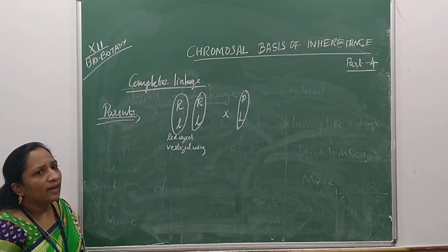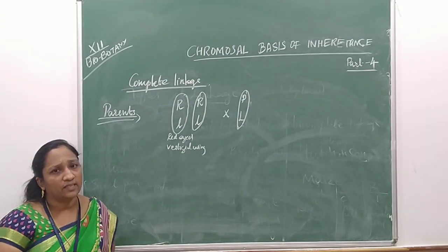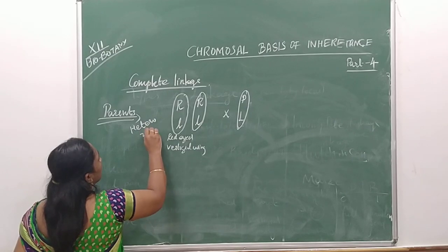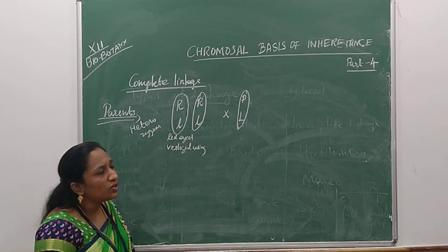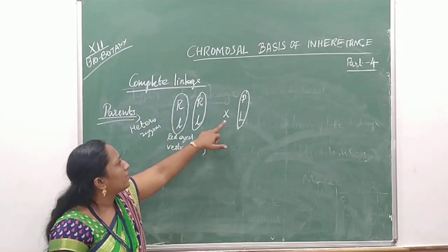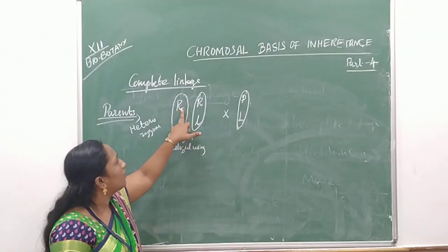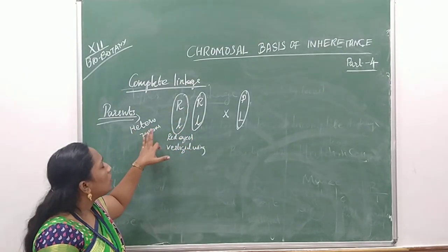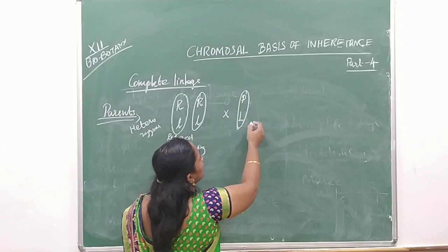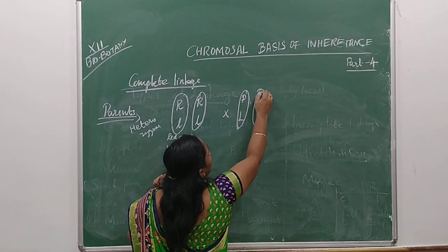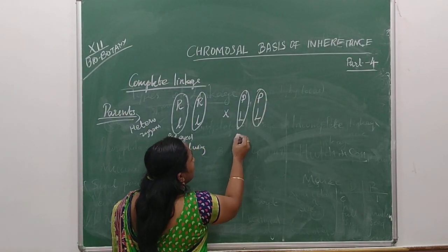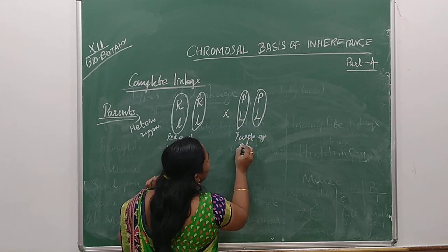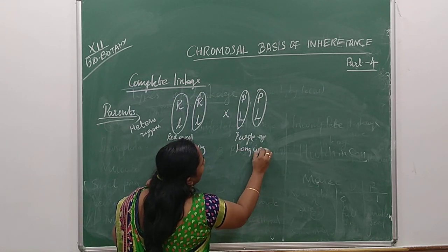So here both the parents are heterozygous in nature. Understood? So both are not dominant, and both are not recessive. So it is heterozygous. One is dominant, another one is recessive. This type of homologous chromosomes is said to be heterozygous chromosomes. Now it is crossed with small p and long. What is it said to be? P means purple eye color with long wing.